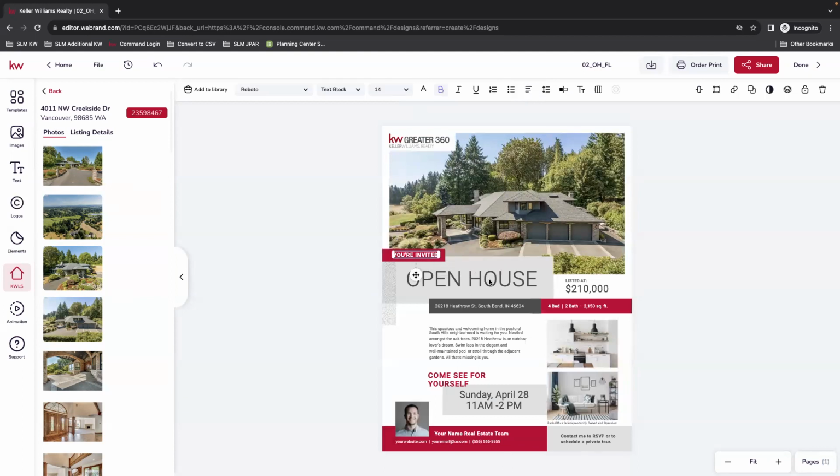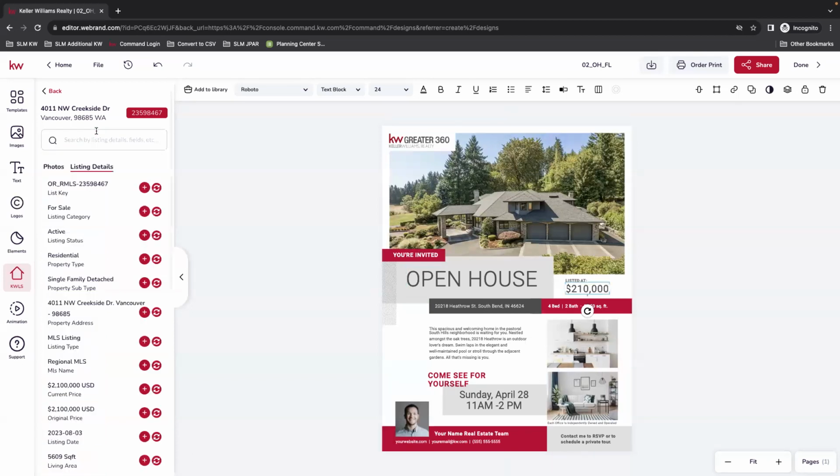And these text boxes we can leave because that is accurate. But then we want to change our listing price. So here, still in KWLS, where we selected our listing, but this time we're going to go to listing details. And then our text box is selected. We're going to find current price